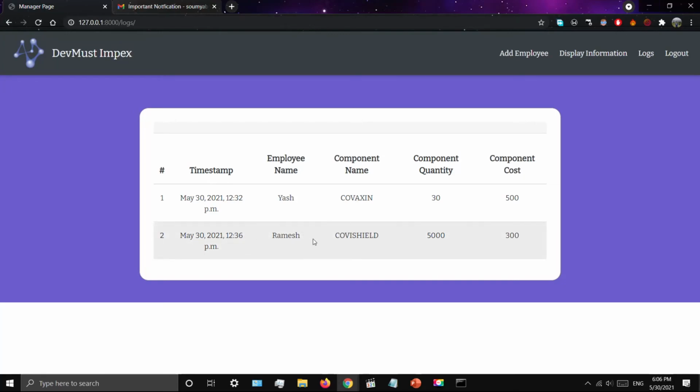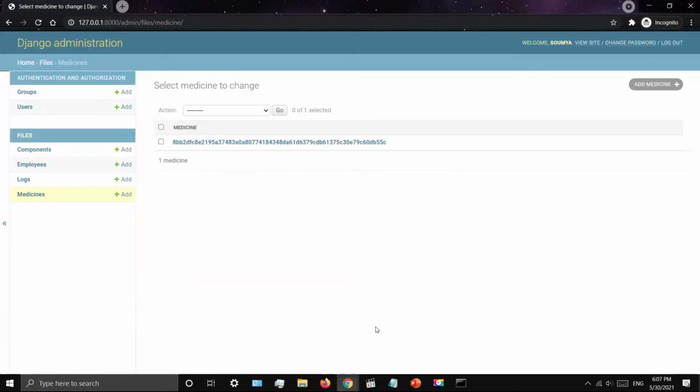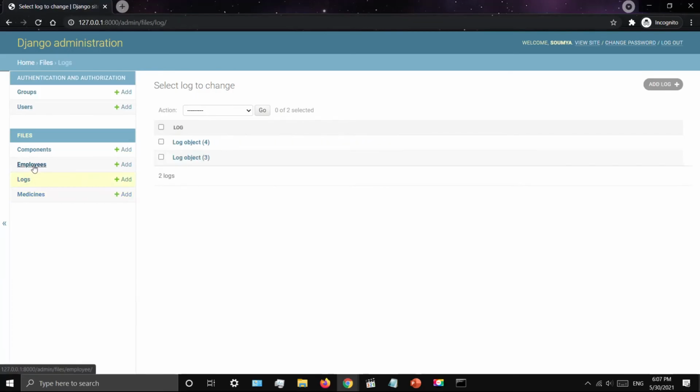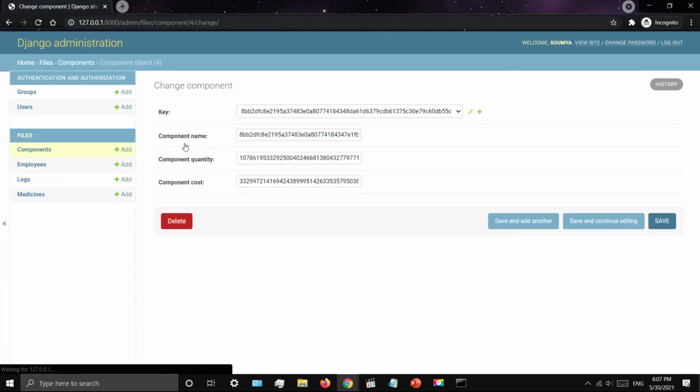And in the logs, we can see that the new employee's name has also been added, at what time he added the component, what quantity and what cost. So we can see that our web application for the pharmaceutical data works perfectly, and in the admin page we are able to see that all the information which is stored is encrypted.